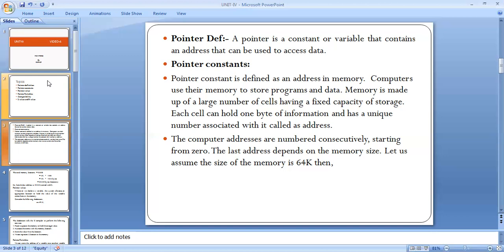With the last address 5, how many elements are stored? 6 elements, because 0, 1, 2, 3, 4, 5. Totally 6 elements are stored in the memory location.